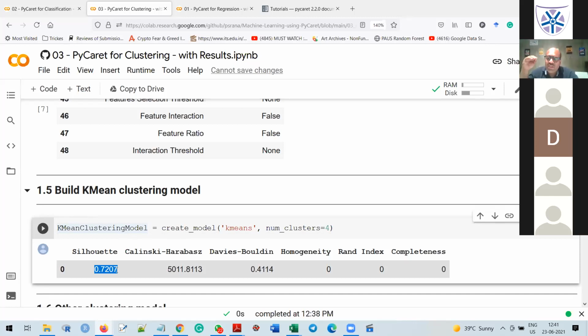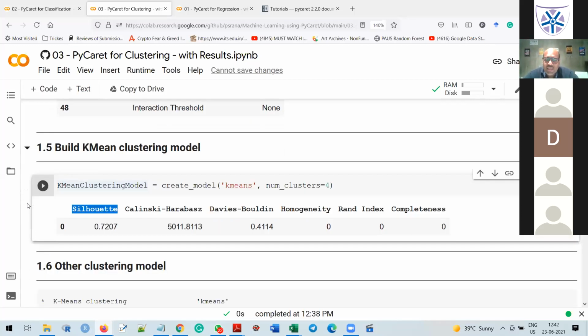Our objective is to maximize the R square value. Similarly, for classification, accuracy is there, so we want to maximize the accuracy. Similarly, we want to maximize the Silhouette score. These are the two other parameters. You can explore these parameters as per your requirement, but we need to focus on the Silhouette score, which is just the evaluation parameter calculated between different clusters. So my k-means model is built.